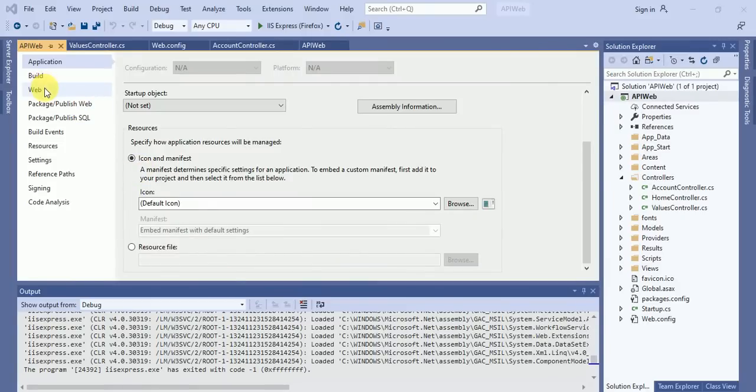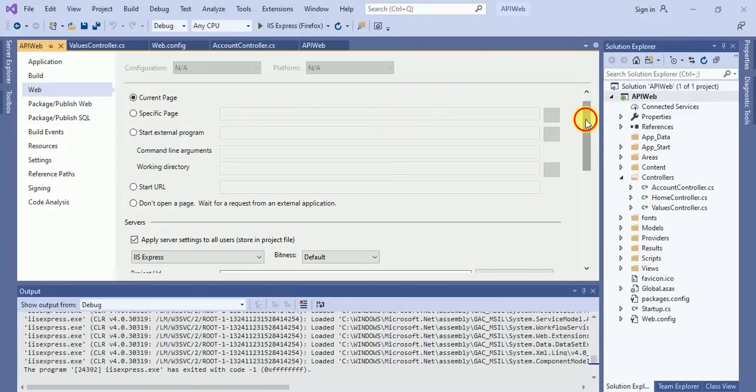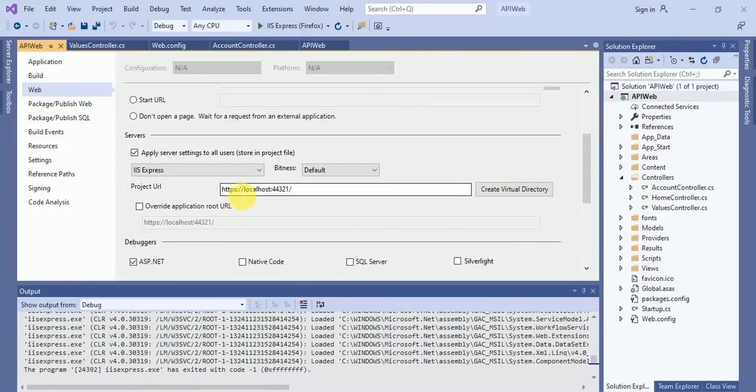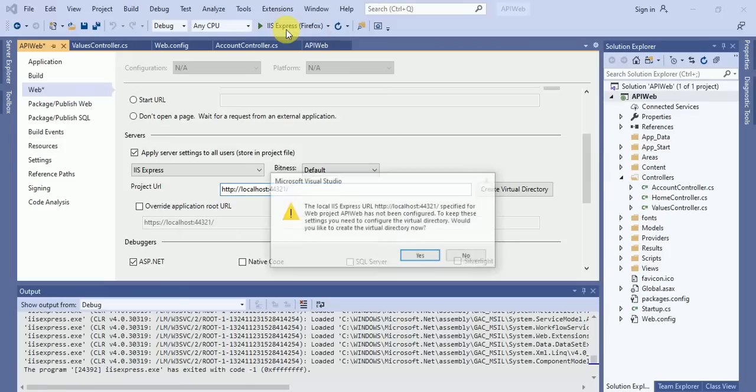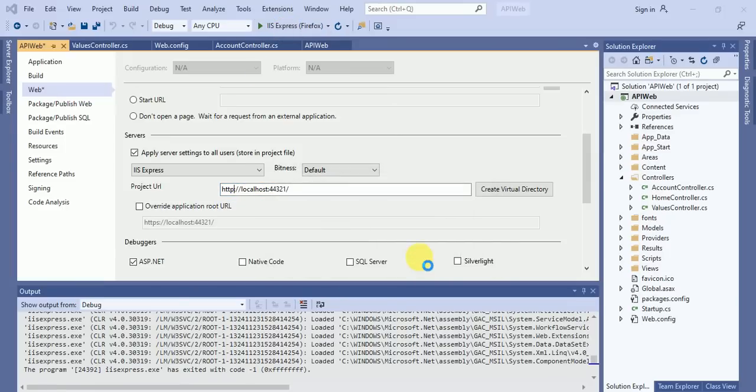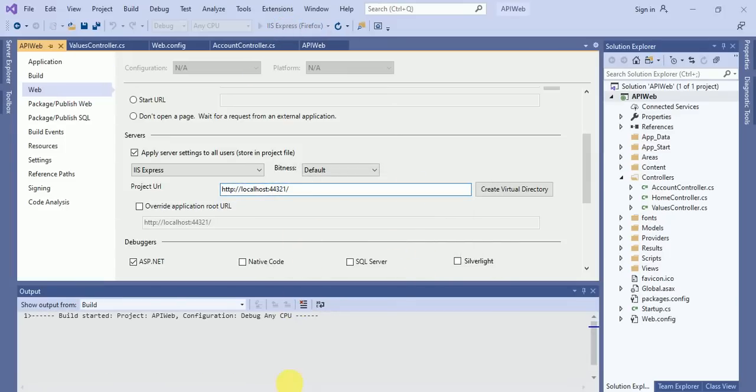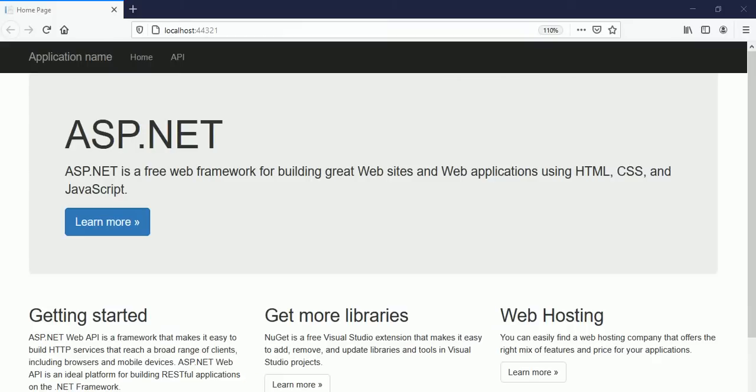In the properties you can see the web tab, and here just remove this HTTPS. Now run this application, click on yes. So our web API has been run on the browser.